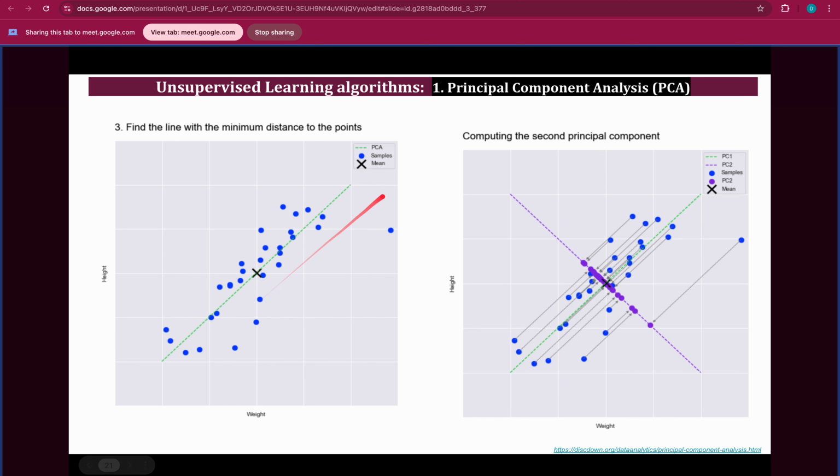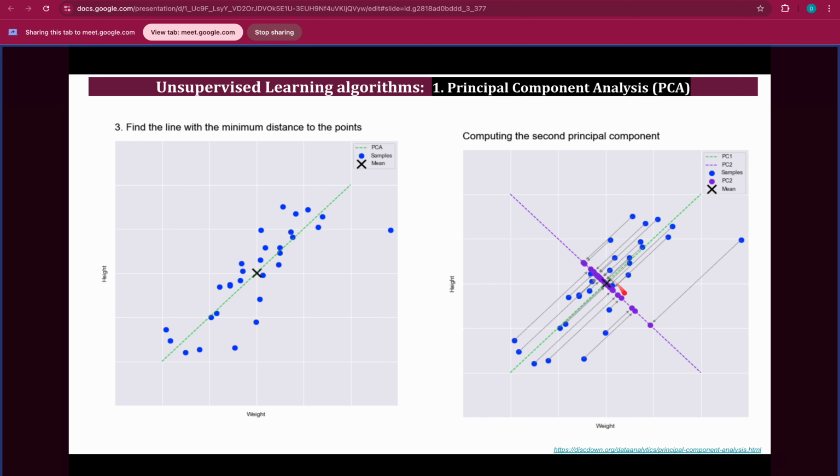And why is this direction considered? Because towards this direction variation is maximum and not towards this direction. So the first principal component will be this direction. Now I have to compute the second principal component. For the second principal component, again from the central point only I will draw lines in different directions and I will check